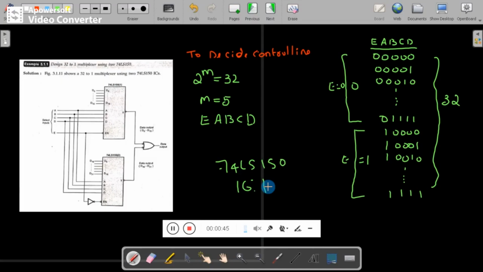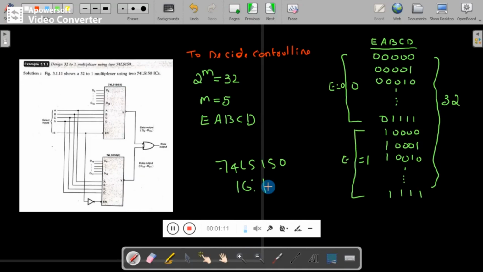Multiplexer is a device. It is an electronic device which has got many input and one output. That means at any time it will pass one of the input to the output based on the control lines. Based on the control lines, one of the input is moved to the output. That is called as multiplexer. And in case of 16:1 multiplexer, it has got 16 input lines and one output line.